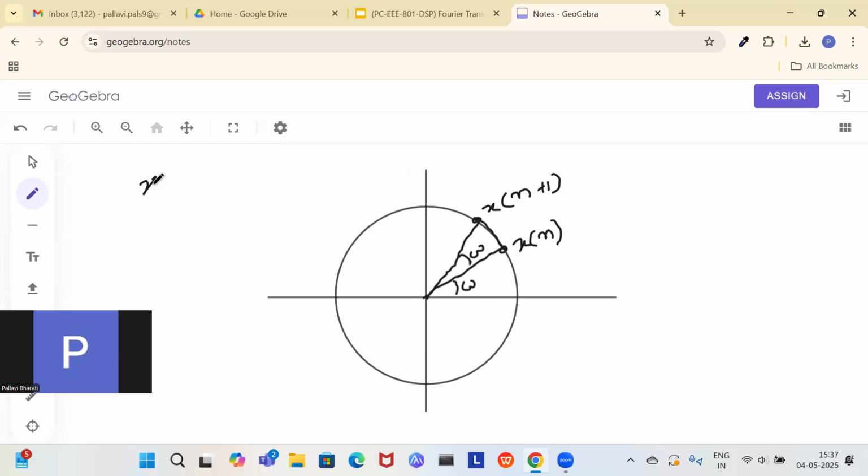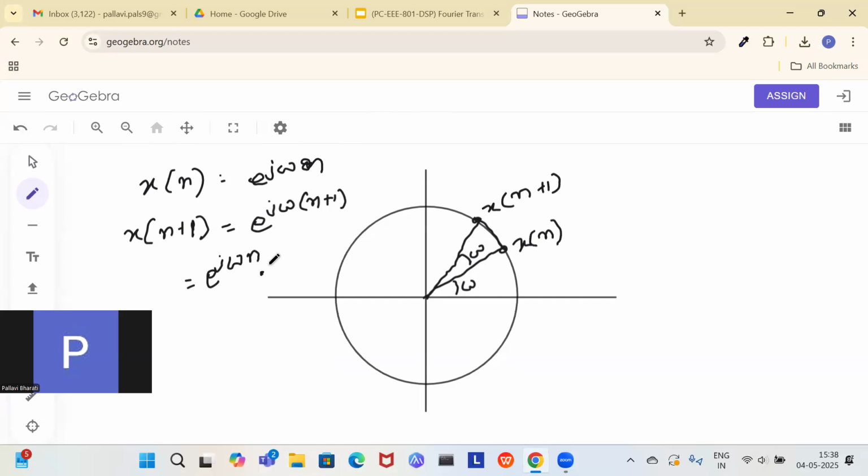So if I represent x of n as e to the power j omega n, and I want to calculate x of n plus 1, this is e to the power j omega n. Now, if I want to write x of n plus 1, what I need to do is e to the power j omega into n plus 1. Now, this can be written as e to the power j omega n into e to the power j omega. So what you did, you have just moved